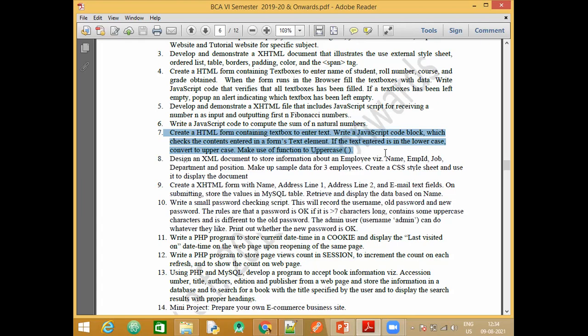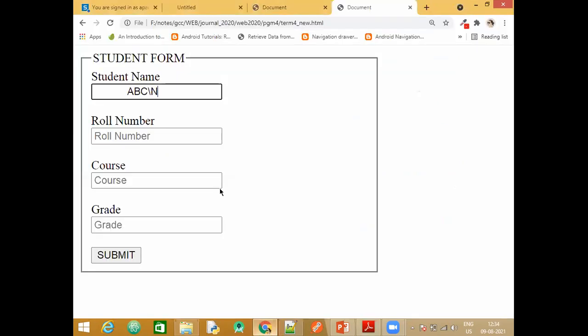One text box. So one HTML code will be there, which will have input type equal to text. Then whatever is entered in that needs to be converted into uppercase. For uppercase also, we do not have to do the hard logic. Directly make use of the uppercase function. Now, we take one button also. Otherwise, only if you enter, how will it get submitted, right? So we'll also have to make use of a button. In the program, I will show you. First, let me show you the output of this.